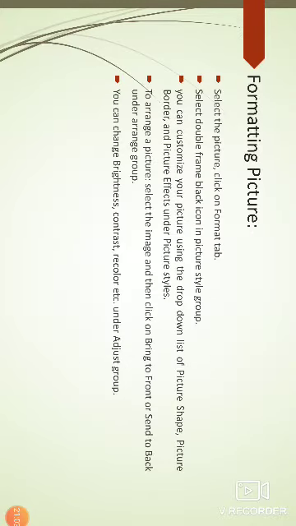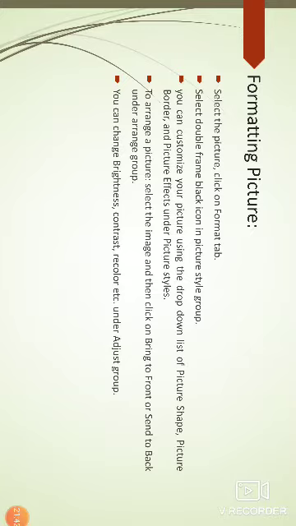Formatting a picture. First select the picture and next click the Format tab. Next select the double frame black icon in the Picture Styles group. Now you can customize your picture using the drop down list of picture shape, picture border and picture effects under Picture Styles.